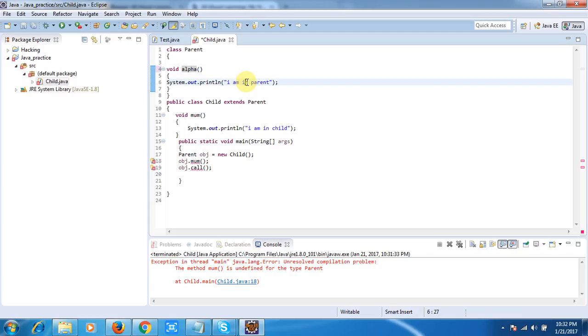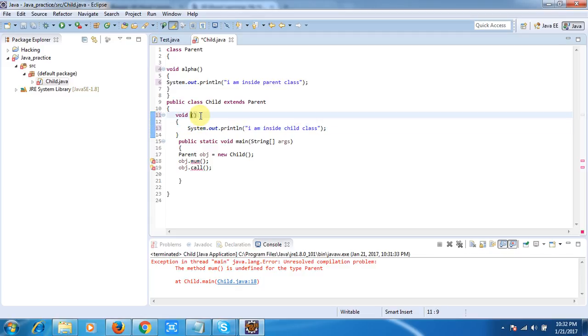I am inside parent class, and I am inside child class. Now I will keep the method name the same in parent class and child class, meaning we are doing overriding.